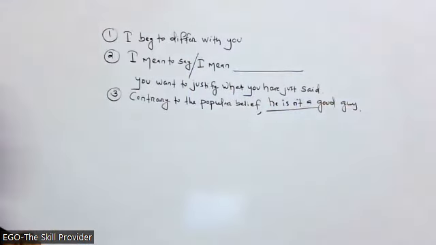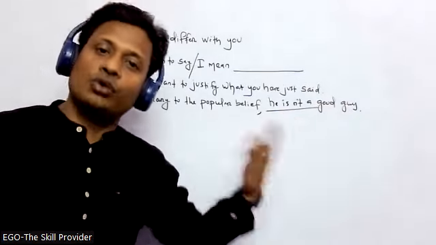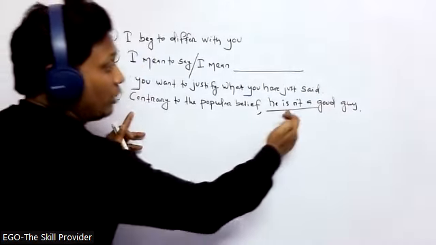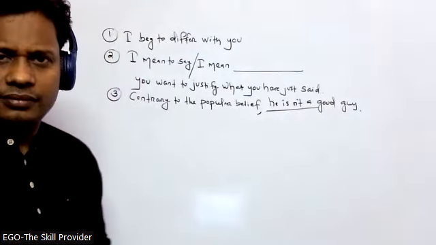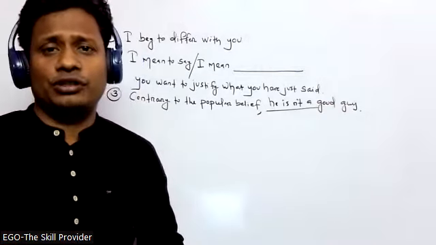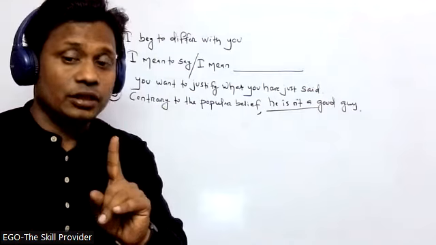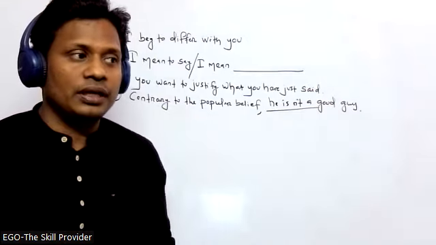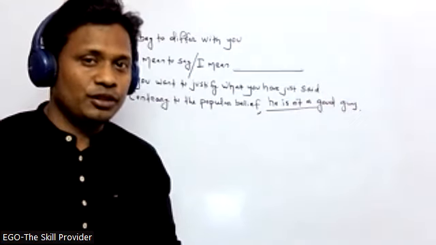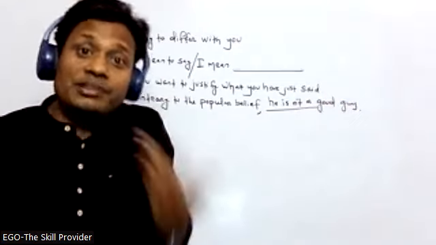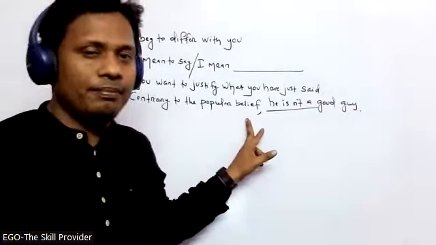Okay, he is not a good guy. So what does everyone think? Everyone thinks he is a good guy. That's why you try to negate it: contrary to the popular belief, he is not a good guy. There are so many countless examples. I am trying to create the situation. How exactly are you going to say it: contrary to the popular belief